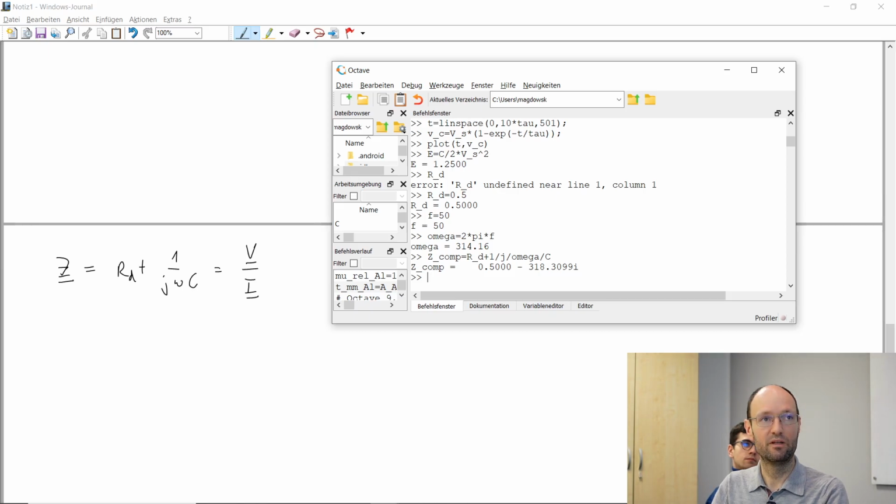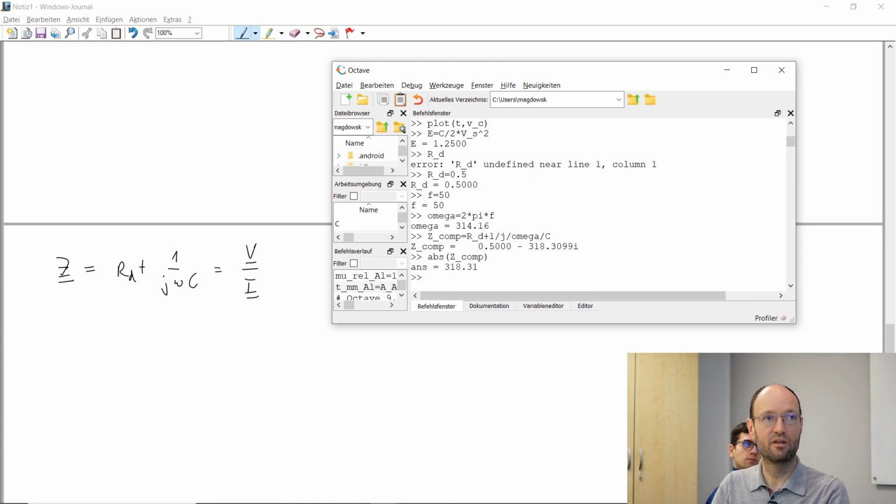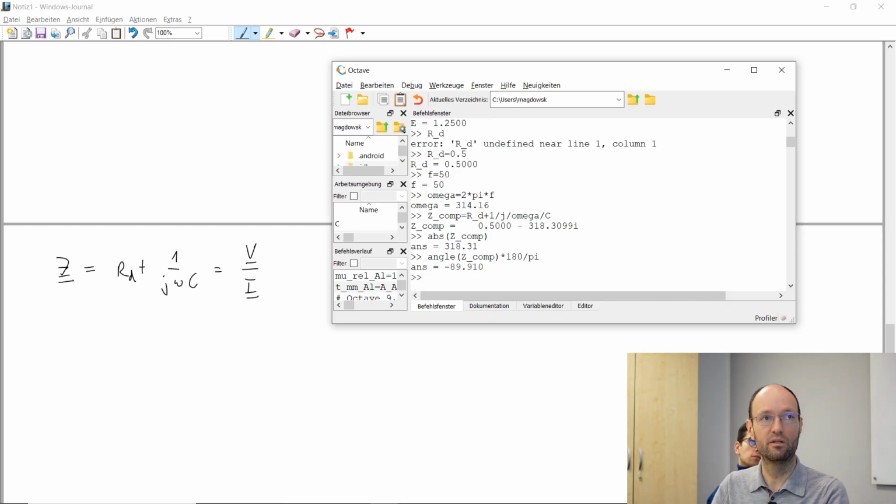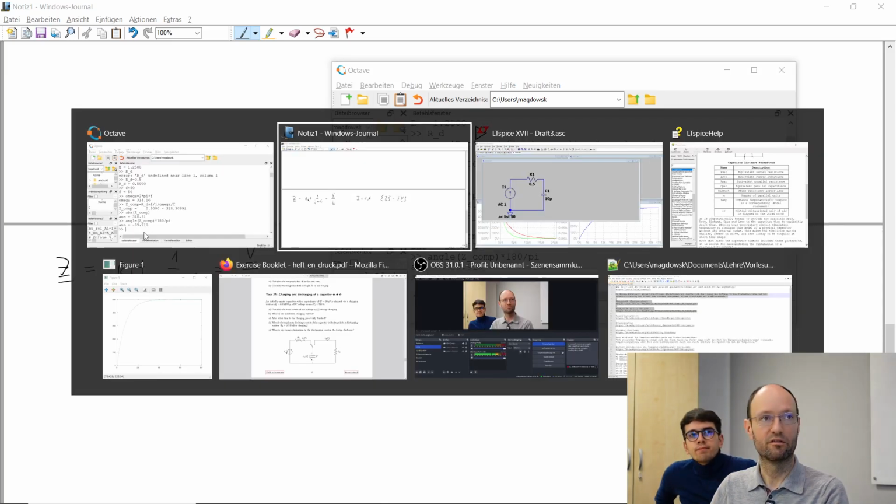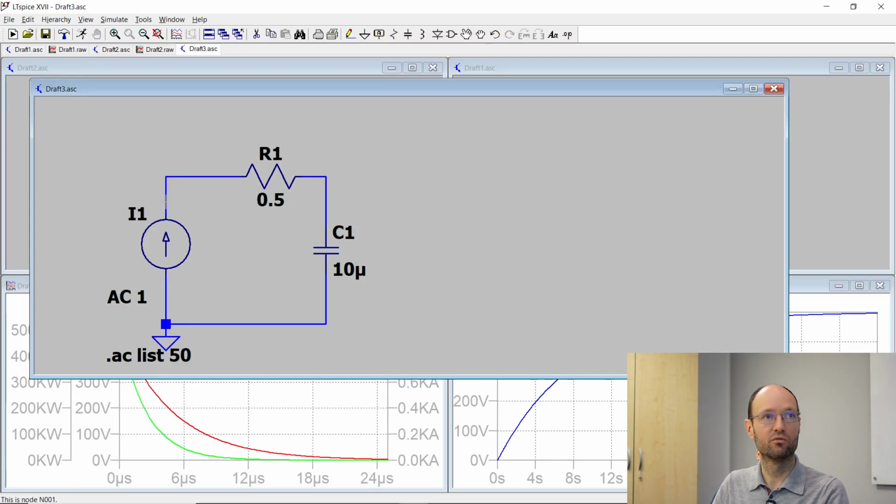And so if we calculate the magnitude from this, we get this value. If we calculate the phase, multiply with 180 divided by pi, we get the phase. And so now if I do the calculation here,